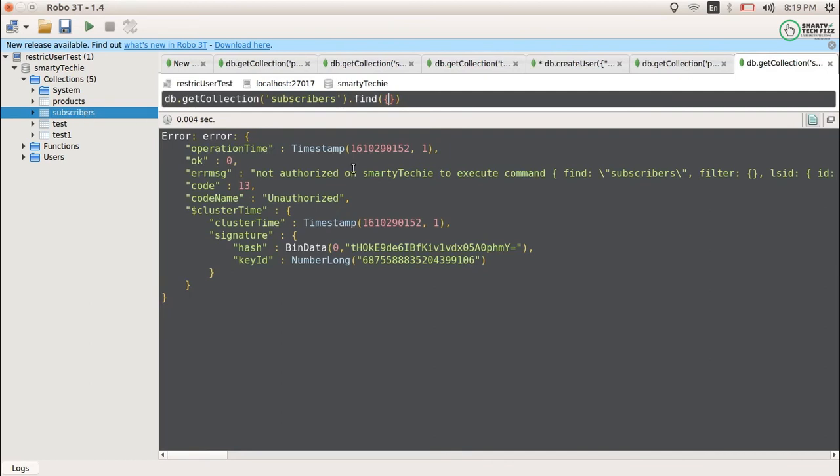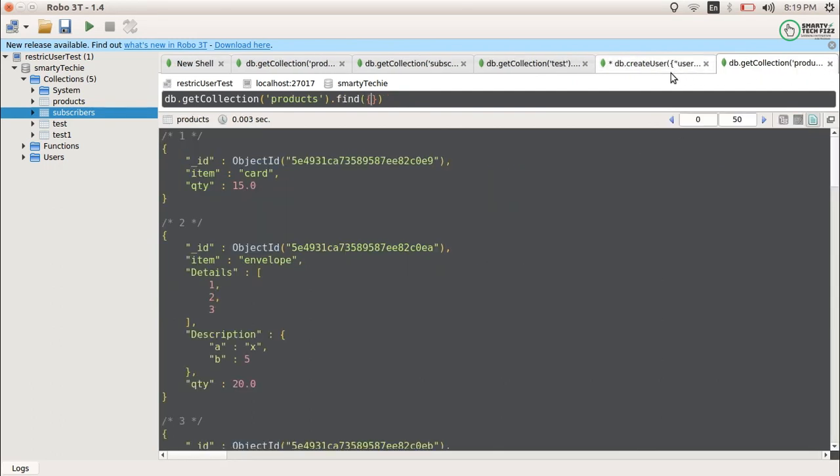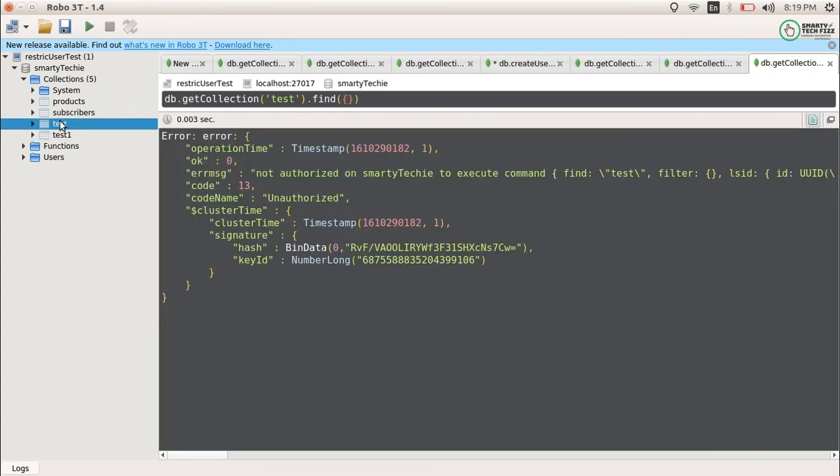You can see that it is giving the error: not authorized on Smarty Techie to execute command find on subscriber, because we have created the user with the role that was created by us, so the user should not be able to use any collection other than products, and on products itself it should only perform the find query. Okay, you can see that it will not be able to use any of the other collections.